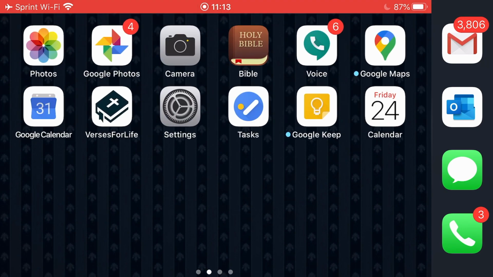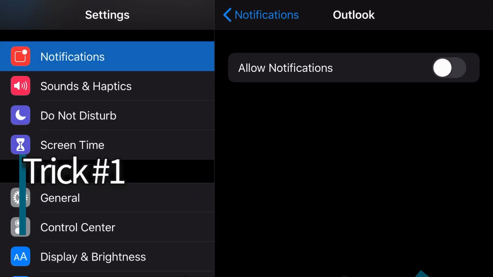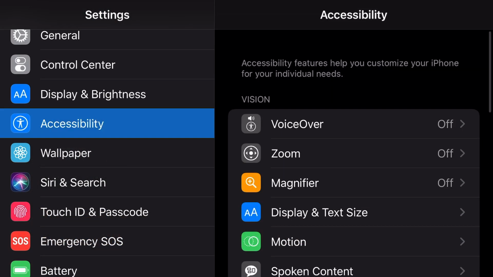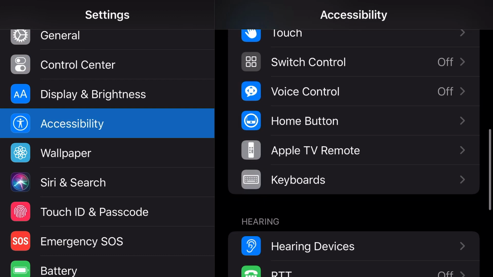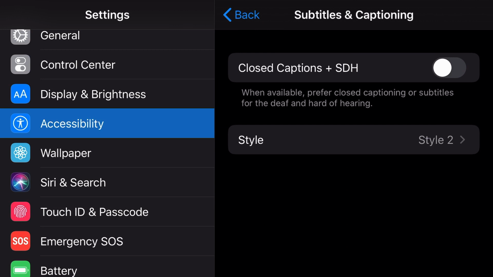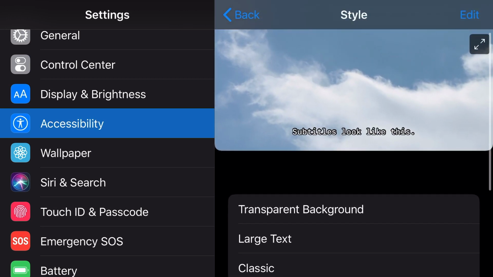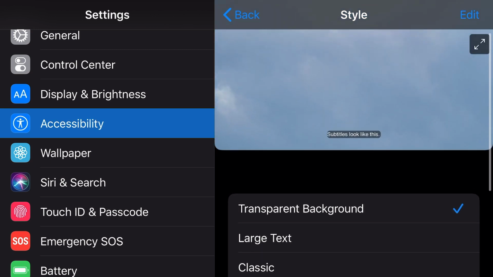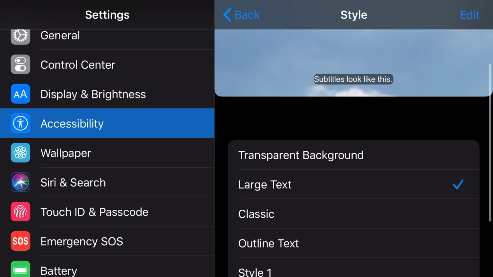The first trick is subtitles, and we're going to go into the settings app, and we want to come down here to accessibility, and then come down near the bottom here where it says subtitles and captioning, and you'll see here that you can enable closed captions. And we're going to go here into the style tab, and you come over, and here you can see the example. You can create a whole lot of different customizations, transparent background, you can do larger text, classic, outline the